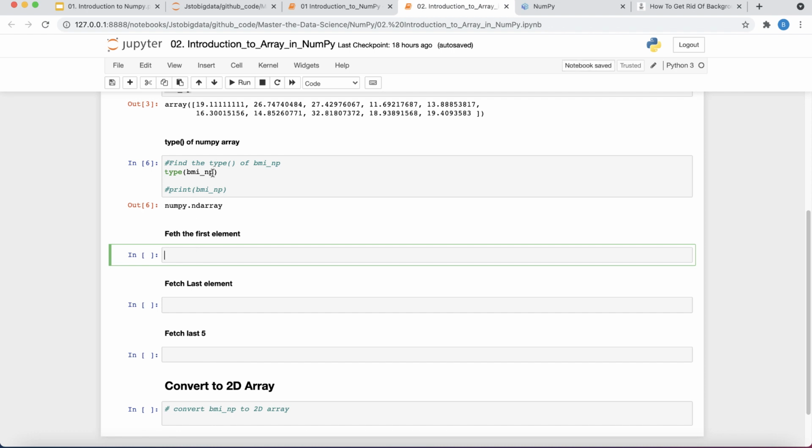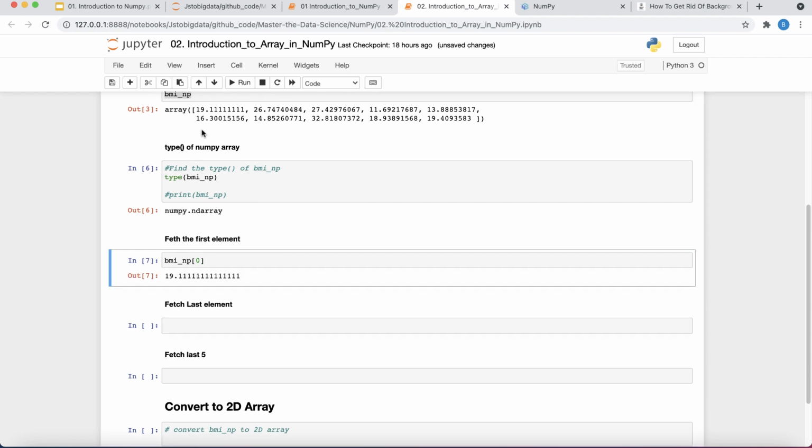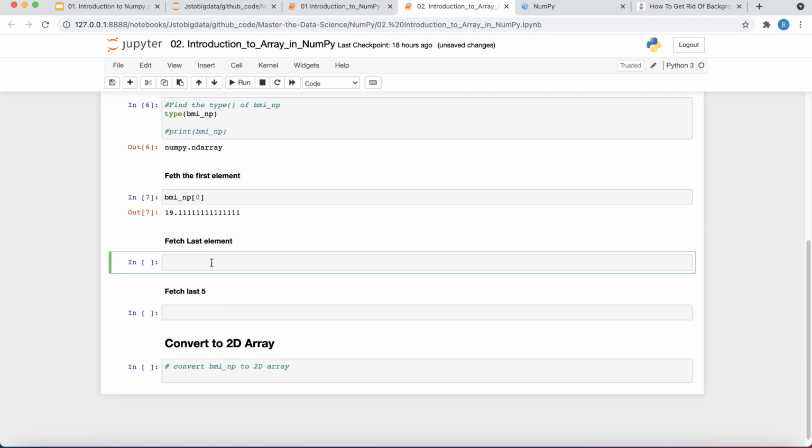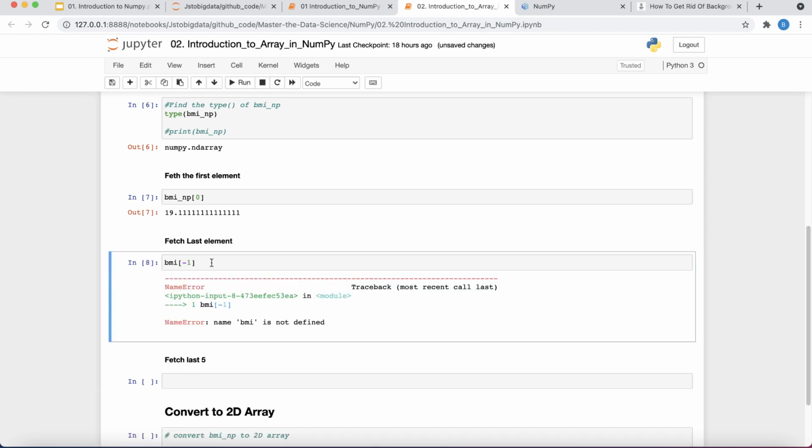Now BMI NP is fine. So what if you have to access the first element of an array? You would use BMI NP 0, right? Just like how you access your list or tuple. So this gives me the first element. And similarly, if you want to access the last element, what would you do? You would just pass -1.